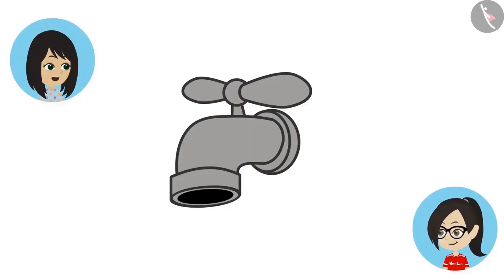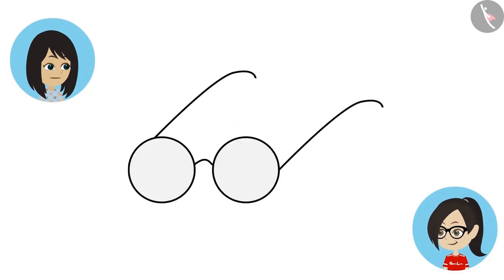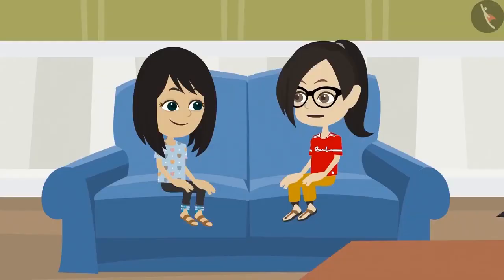In the same way, the taps installed in our house also have round holes from where the water comes out. The fan also has the round shape in the center. Papa's glasses also have 2 round shapes. This means that a circle is used in those objects too which are not circular in shape. That means the design of a circle can be a part of another design or object.